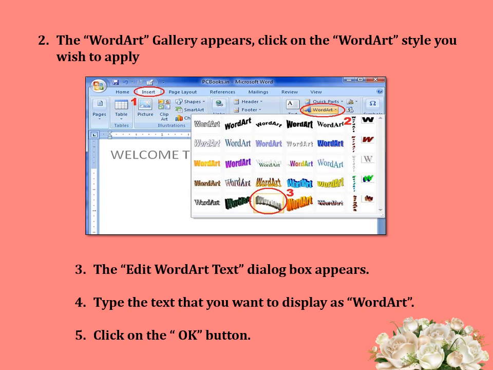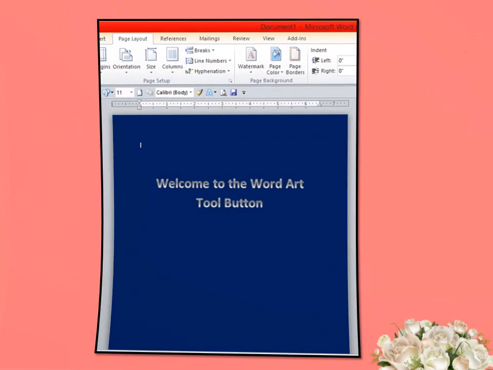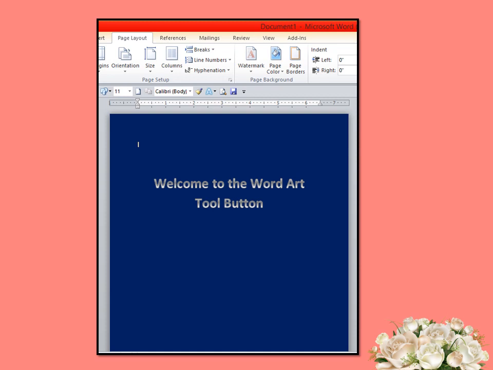Once you type, click on the OK button. After clicking on the OK button, the document looks like this. In this document, I have colored the page so that the wordings can be seen clearly. You can see the wordings, welcome to the Word Art tool button. This is what I typed in the Word Art text.